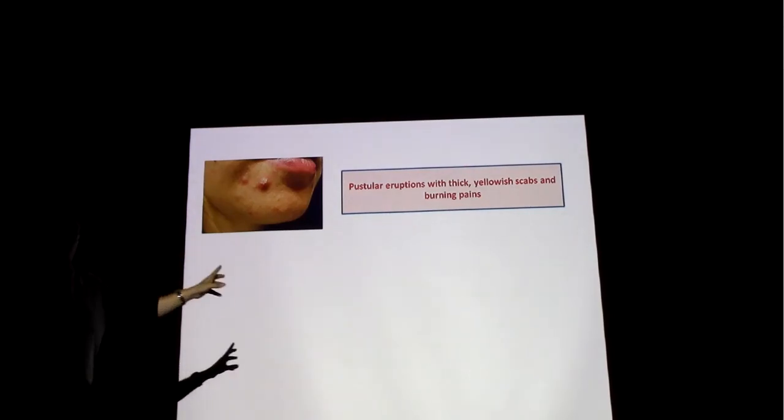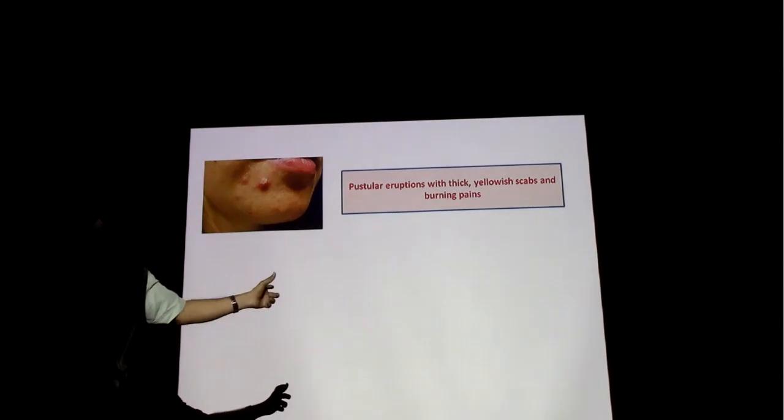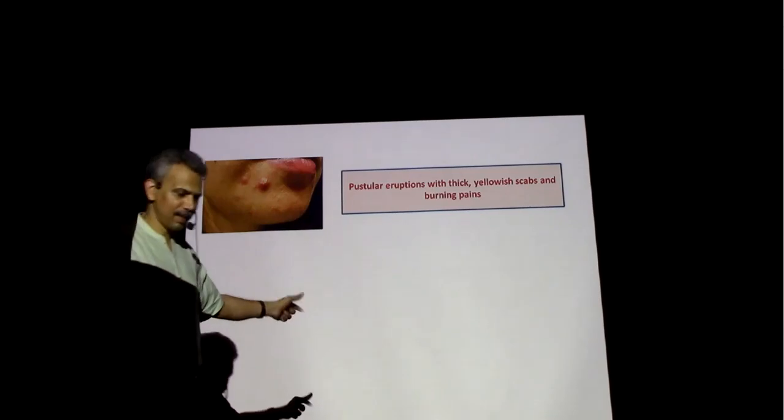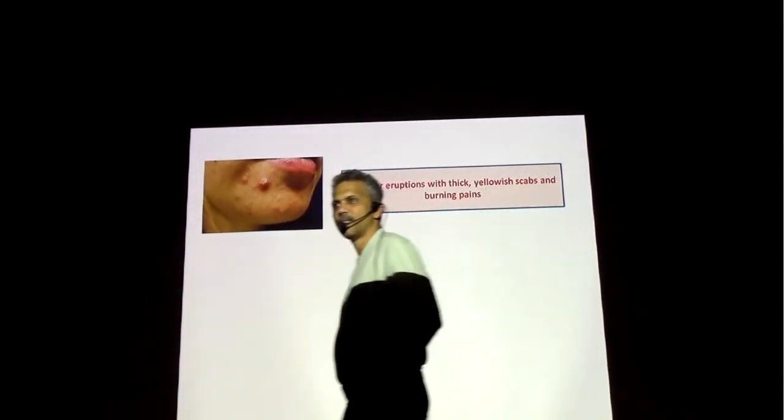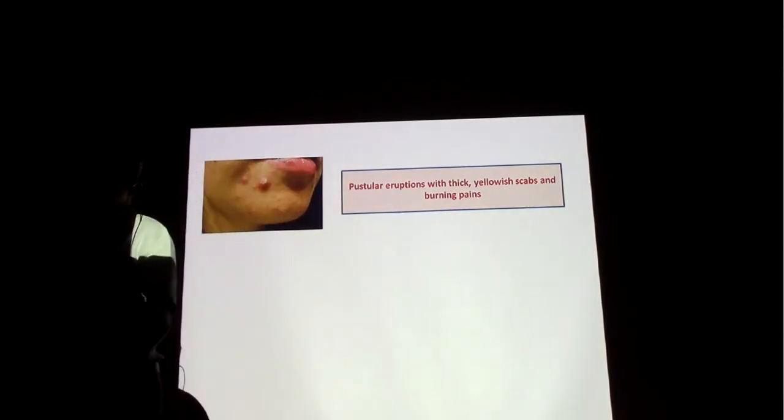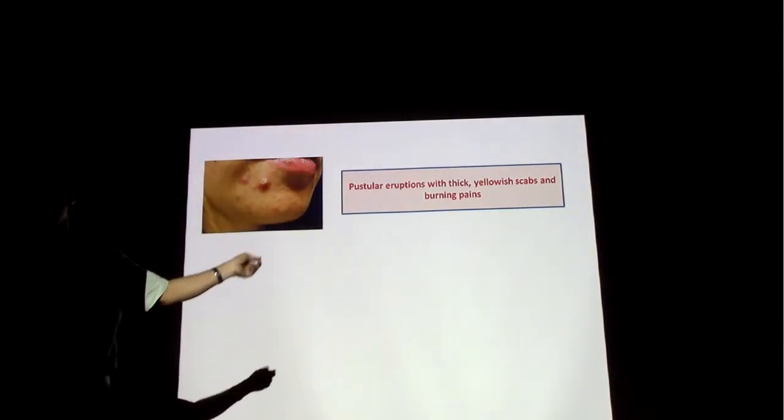So, the last part I want to mention here is the skin. You will have more of pustular eruptions. Eruptions which are yellowish. Thick yellowish caps and there are burning pains. Burning pains. Can somebody add something else here under skin? Eruptions? If you are concentrated on the initial part, this question will become very easy to answer. Very good. Suppressed skin eruptions will lead to convulsions. It was an ailment.